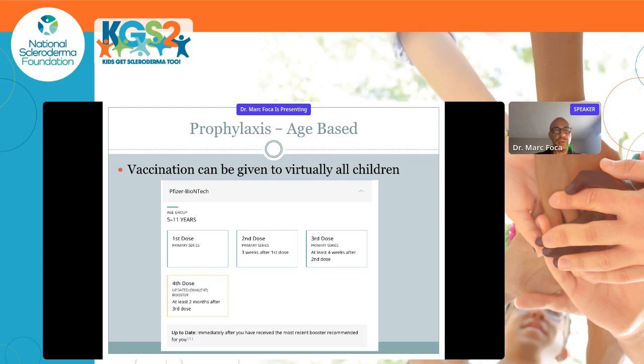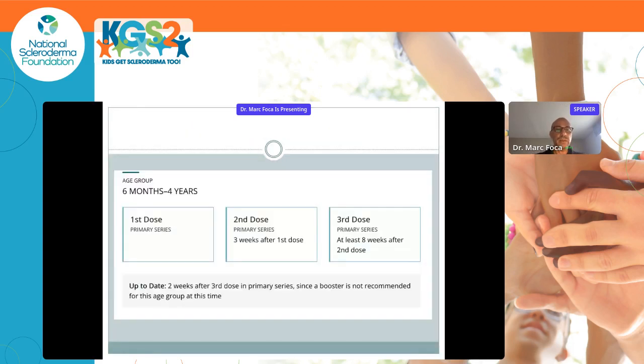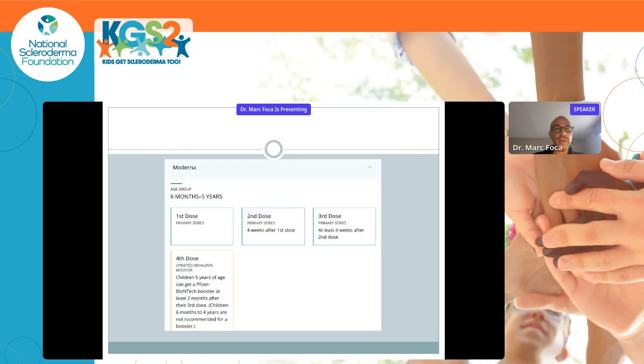And then now with the new bivalent booster, that should be given at least 2 months after this third dose. So all children 5 and up should be getting a fourth booster dose at this point. Under 5, there's no recommendation for this dose yet, but there may be in the future. And you can see for Pfizer, if you're 6 months to 4 years, you get the 3 doses, and that's the end. For Moderna,